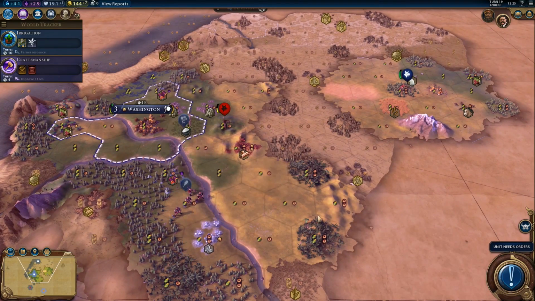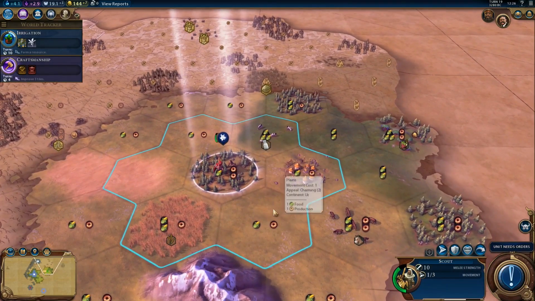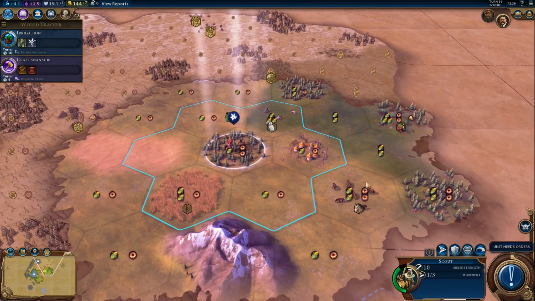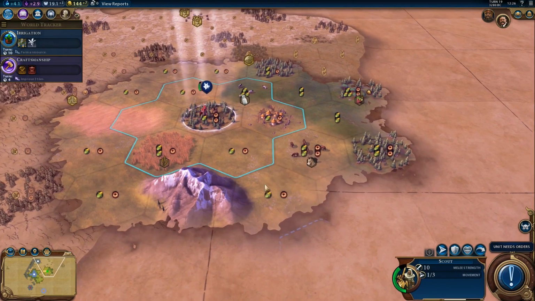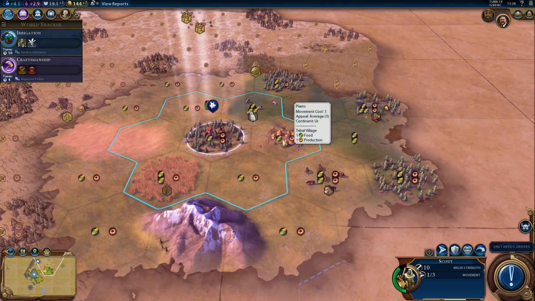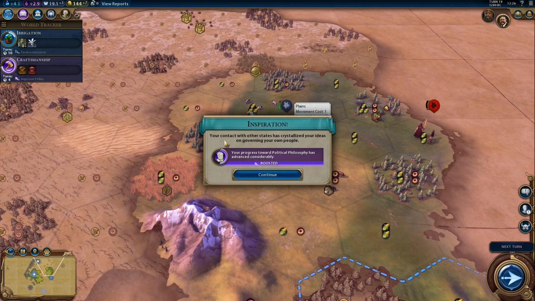In fact, I'm just going to leave the order queued up. So we actually lost that scout. No problem, though. Oh, we can actually see the borders of a city-state here. I would like to discover that, but first we're going to go to this tribal village. And it gave us an inspiration toward political philosophy. That is fantastic, because if you remember...